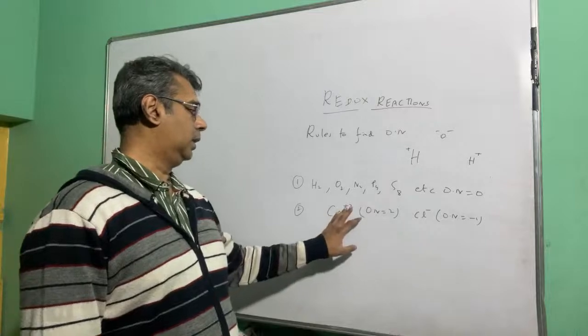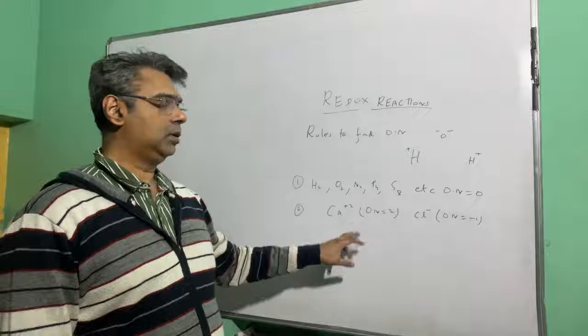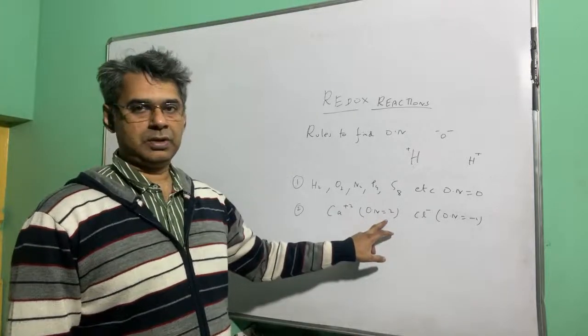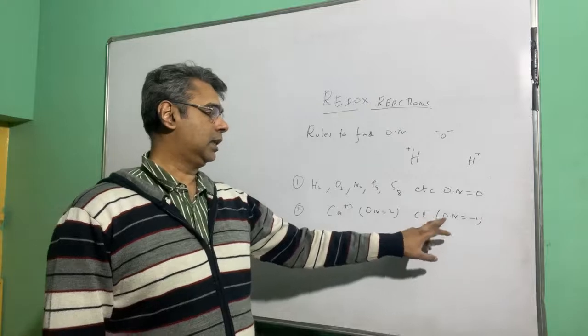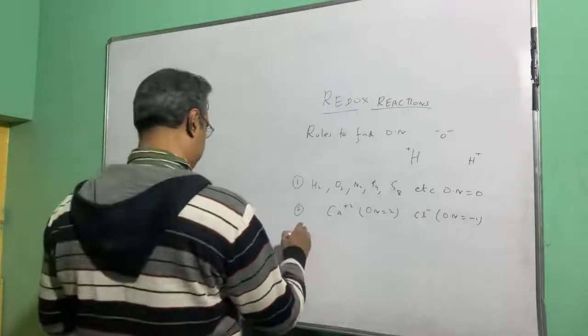So if it is a charged species, the oxidation number will be equal to the charge on the species. For Ca2+ the charge is +2, so oxidation number will be +2. For Cl- the charge is -1, so oxidation number will be -1. Number 3,